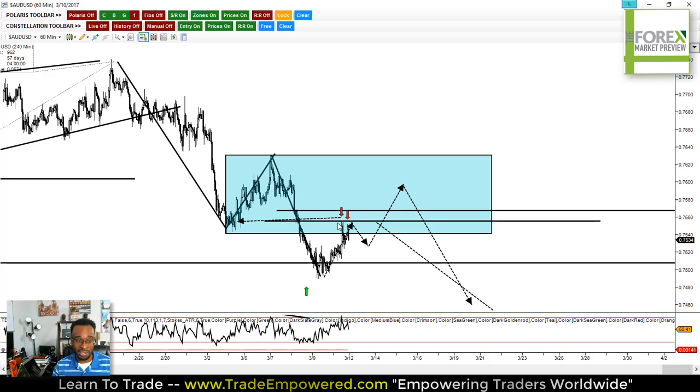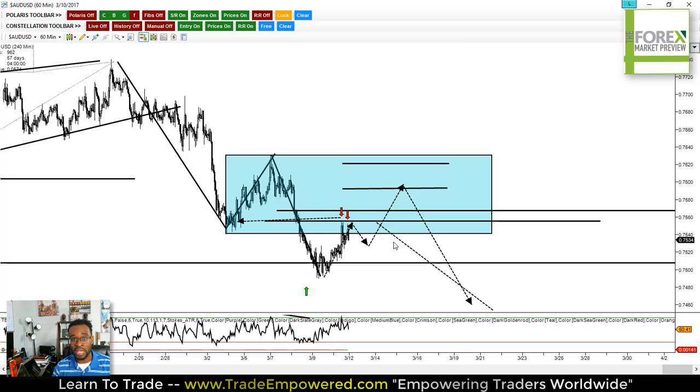I also understand that if I get stopped out here, I'm going to look for another entry opportunity here, and I'm going to keep doing so as long as price action is in my kill zone and as long as my overall analysis hasn't been changed. And that trader may take a couple of losses, but they get that one big winner, and guess what's going to happen? That's going to make up for those losses.